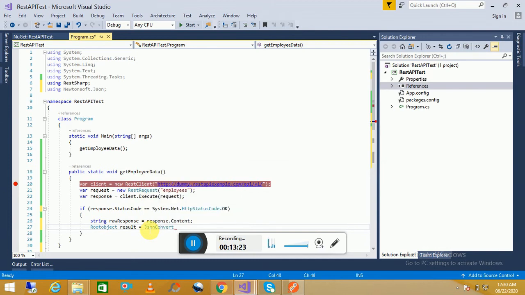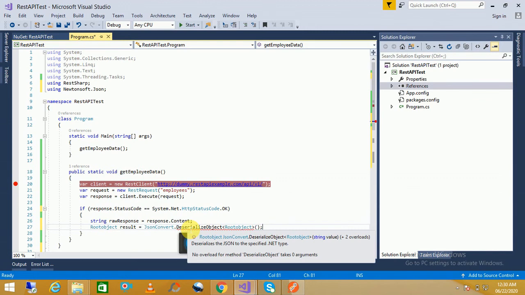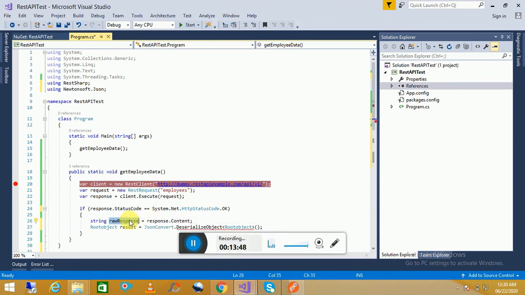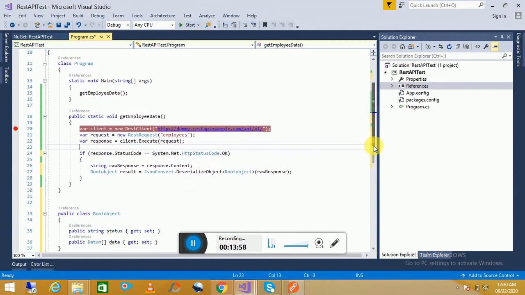JsonConvert.DeserializeObject, then object name, RootObject, we need to pass the response. Now we are ready to convert this JSON into a C# class.